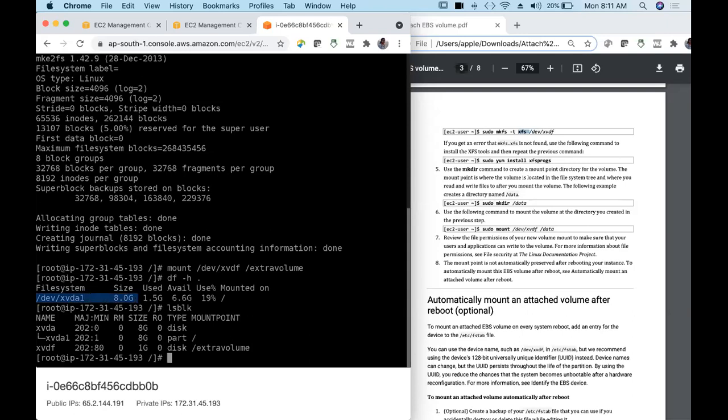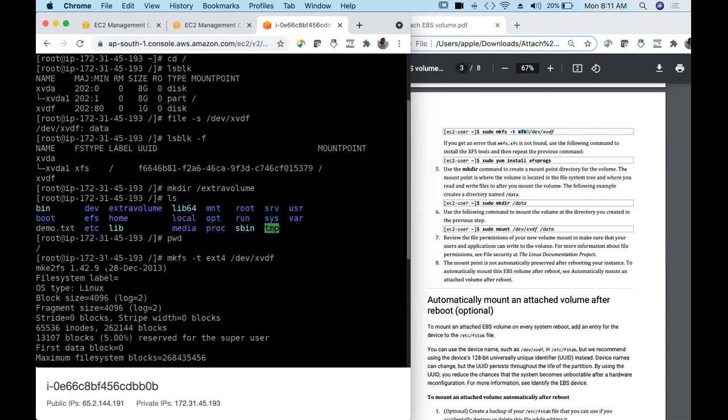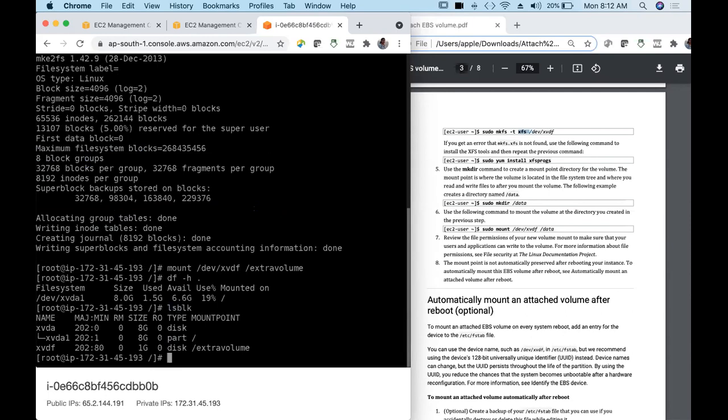No problem, if this command is not showing it, try with lsblk. Now I'm getting it. If you compare with what I got previously, XVDF was just a disk, no partition, no mount point. Now for this device XVDF, yes, I have the mount point /extra volume.